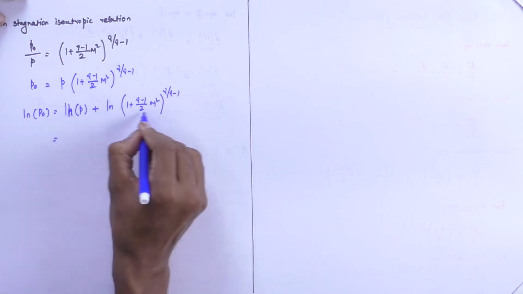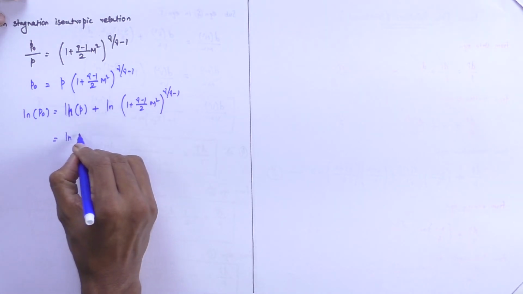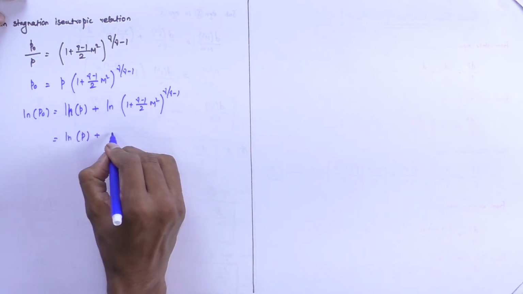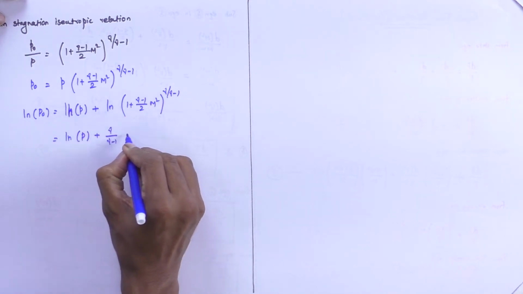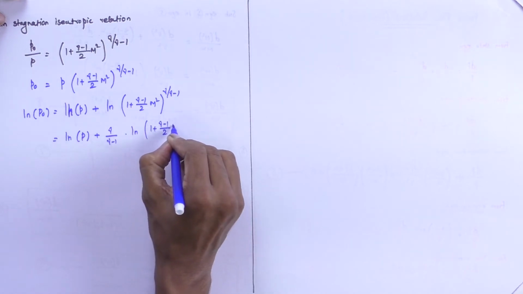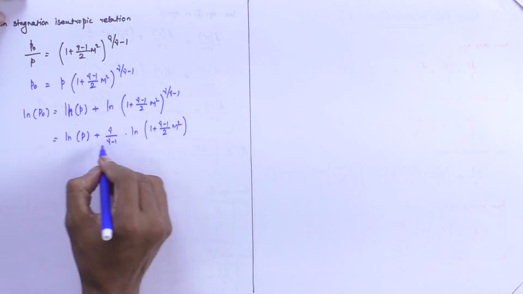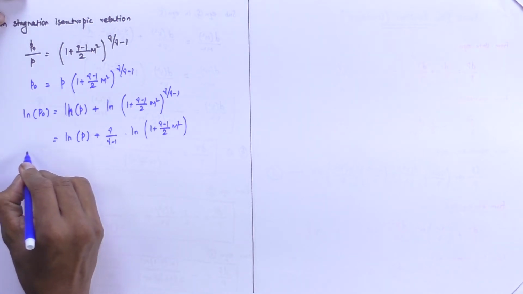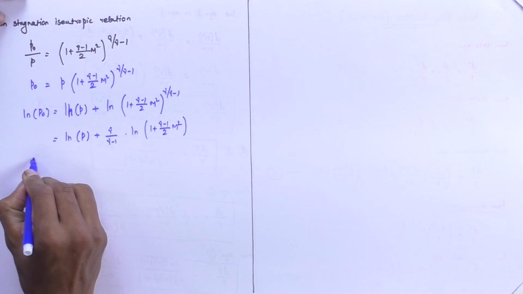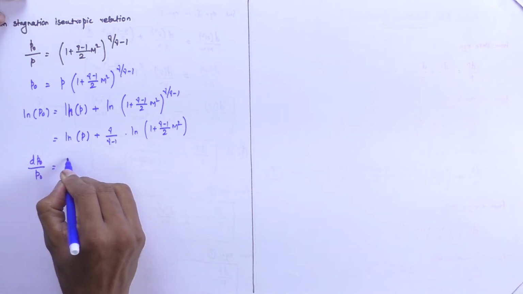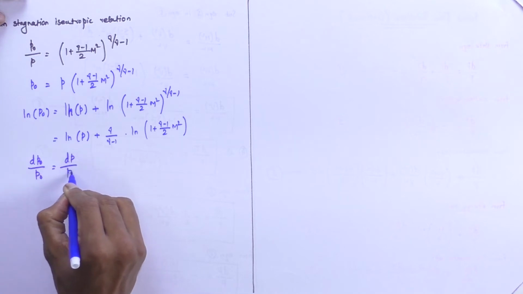Again we can rewrite this equation as ln of P plus, with the power coming to the front, gamma by gamma minus 1 into ln of (1 plus (gamma minus 1) by 2 M squared). Now, we can easily differentiate this equation in terms of fractions, that is dP naught divided by P naught is equal to dP divided by P plus